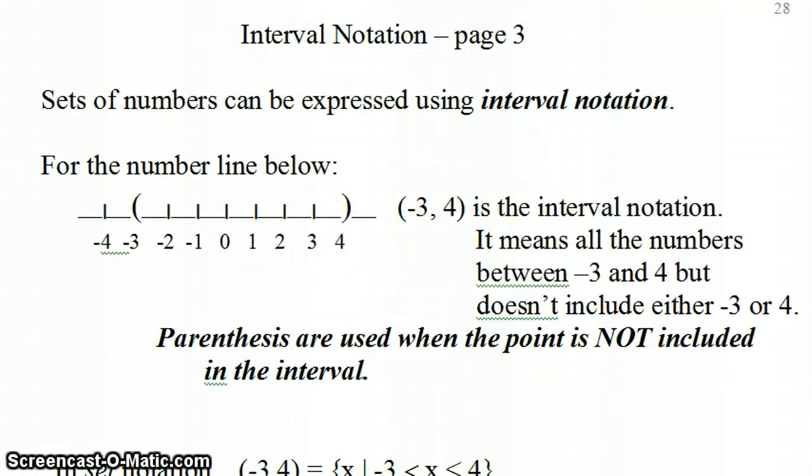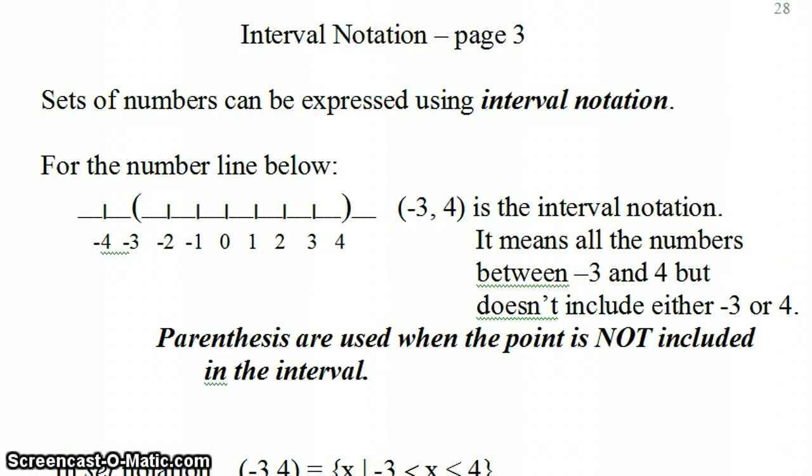On page 28, we're going to look at something called interval notation. It's on page 3 of your textbook. Sets of numbers can be expressed using something called interval notation. On the number line that we have illustrated below, if we put a parenthesis over top the -3 and a parenthesis over top the +4, the parentheses are used to indicate when the point is not included in